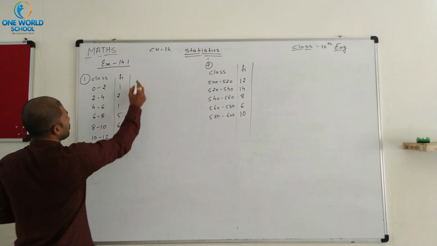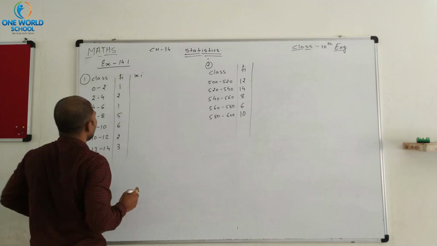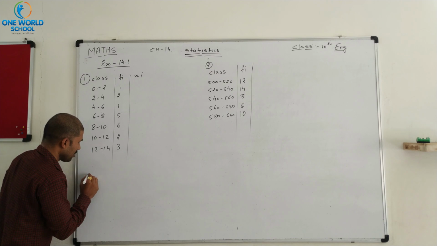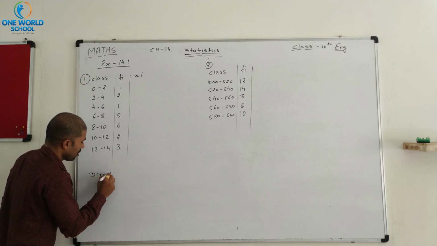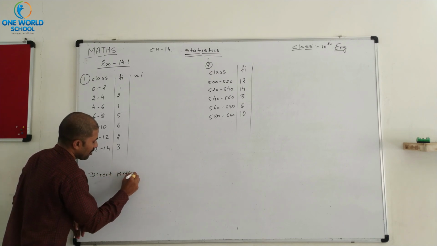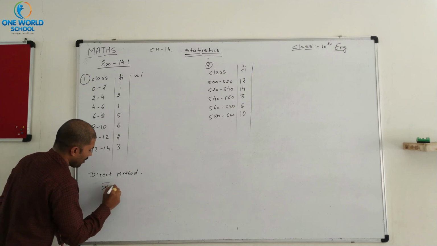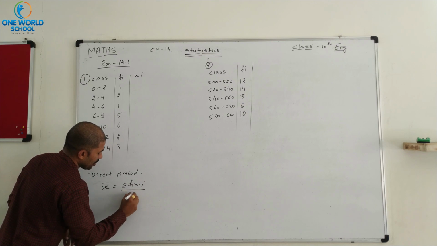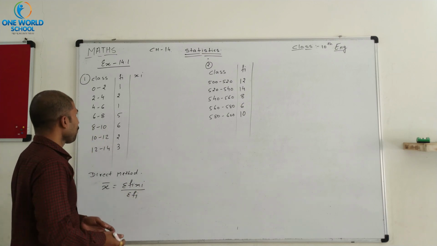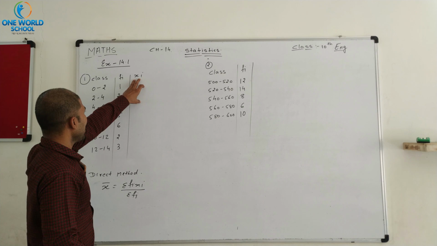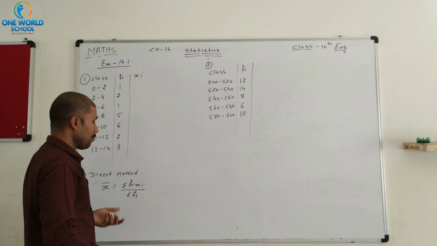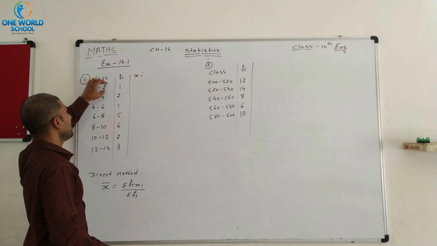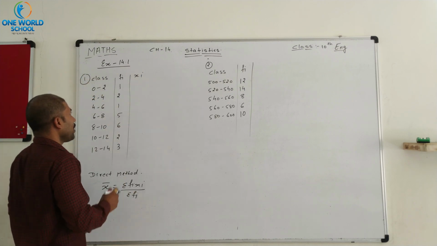So simply, first of all, we require xi because I think the value of fi is very small, so we use direct method, and the formula for direct method is sigma fi xi upon sigma fi. So to obtain xi, we know the formula. What? That adding these two values, lower limit and upper limit, divided by 2, we get the value.